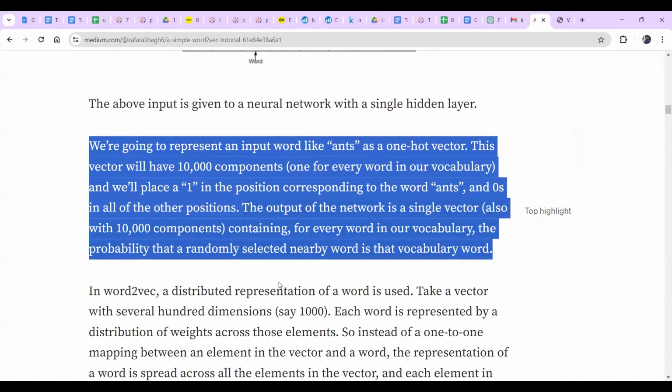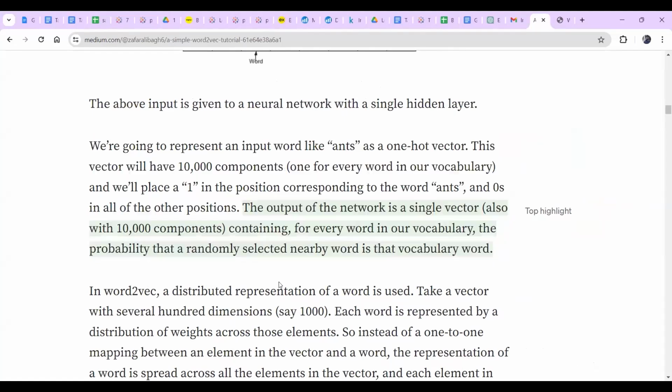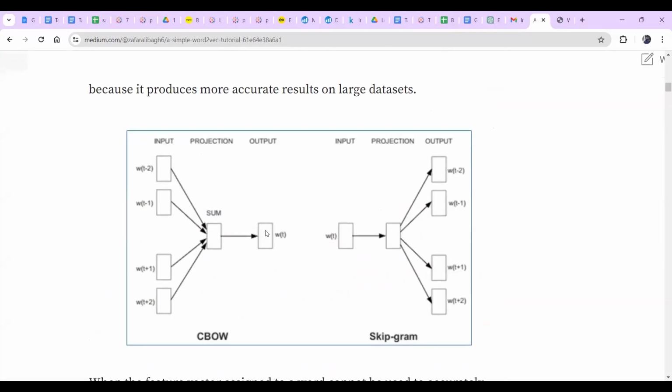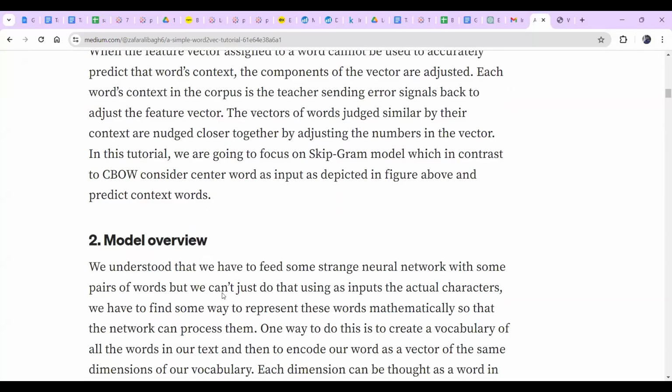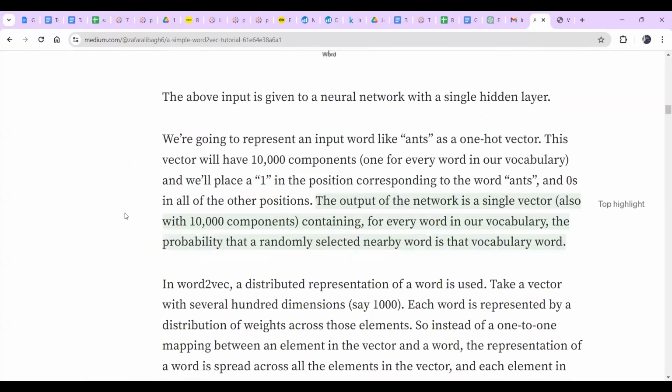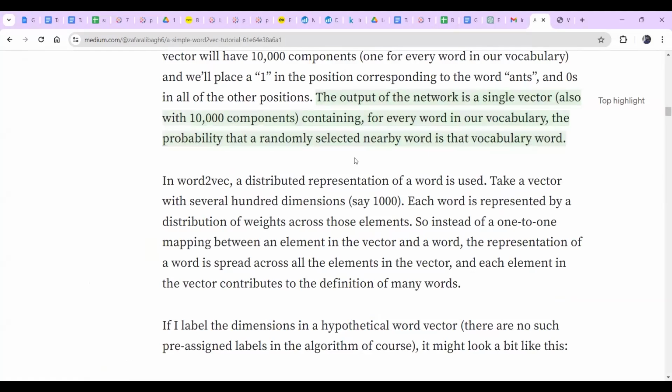If you apply softmax, you can get the probabilities, and you will get to see the probability of the target word in this representation, if these are the neighbors. Okay, that's what you will get as the output, and that's what it's saying. It will represent this in the form of every word, but it's not always needed to represent it in every word. You can represent it in limited words as well, like in limited dimensions. It's saying if you have 10,000 words, we'll represent it in all words.